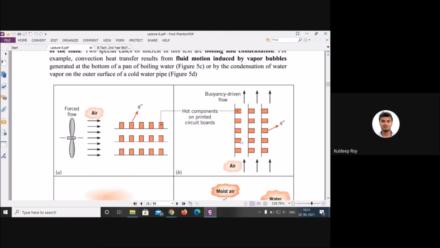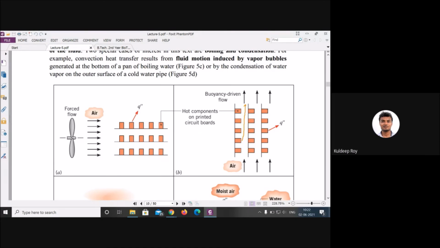If density is very low at this particular region, what will happen? It will be replaced by the lower air, or you can say the adjacent layer of air, and based on that heat will transfer from this position to this position in this direction. This is natural convection. But in forced convection, you are going to apply some kind of pump or air.